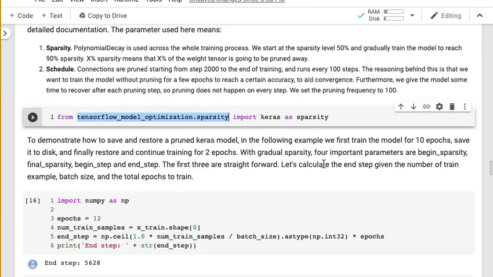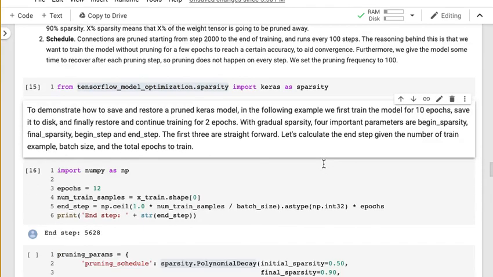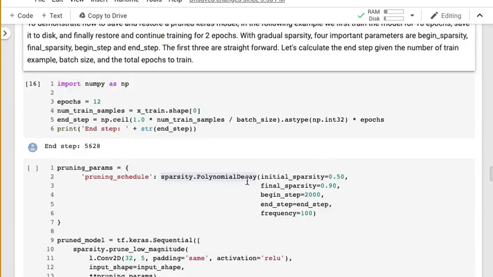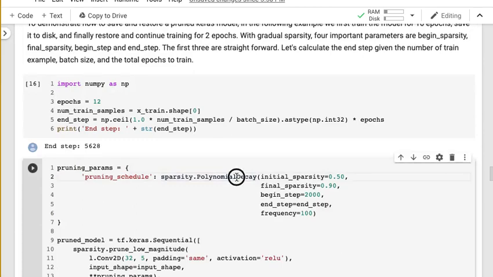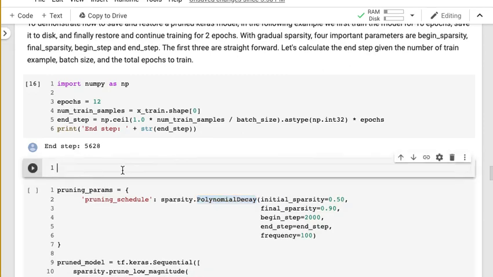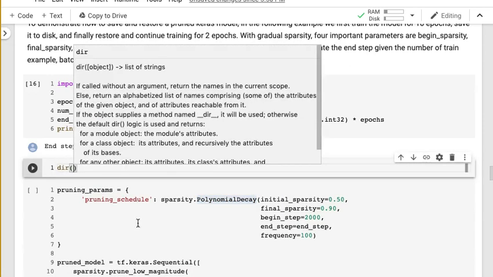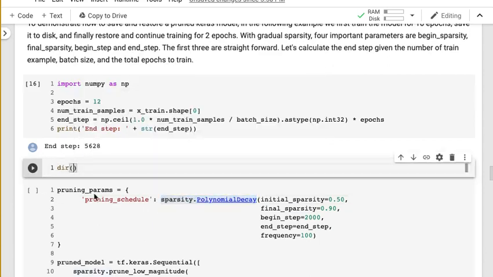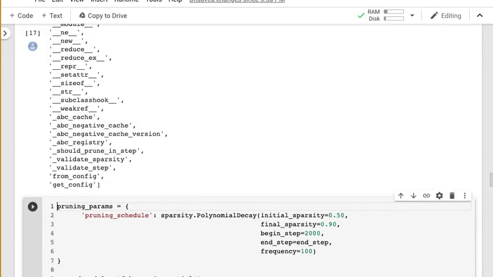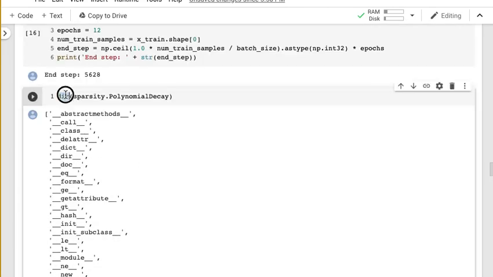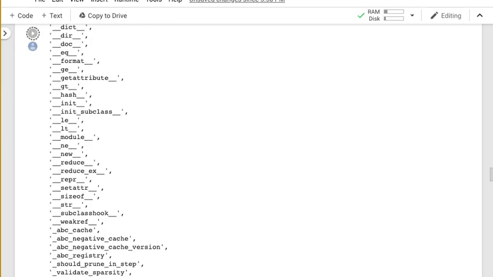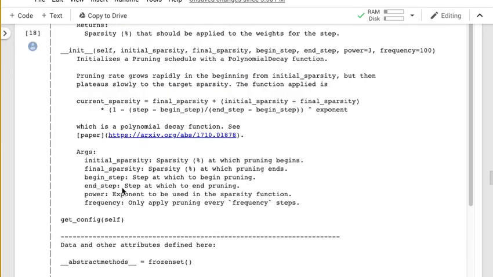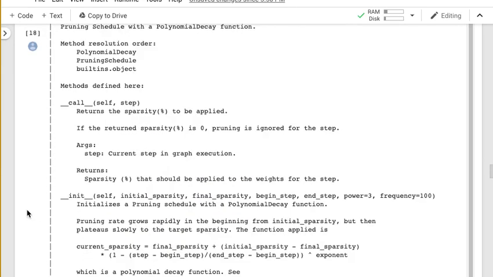That was super not useful. Let's do this. Let's say, oh, here we go. No, that's not what I meant. I meant help. Okay, so